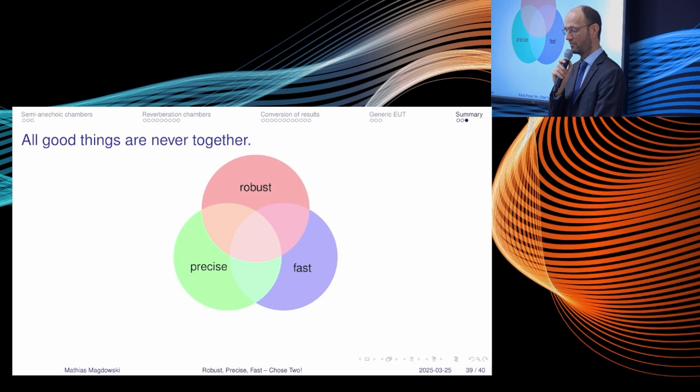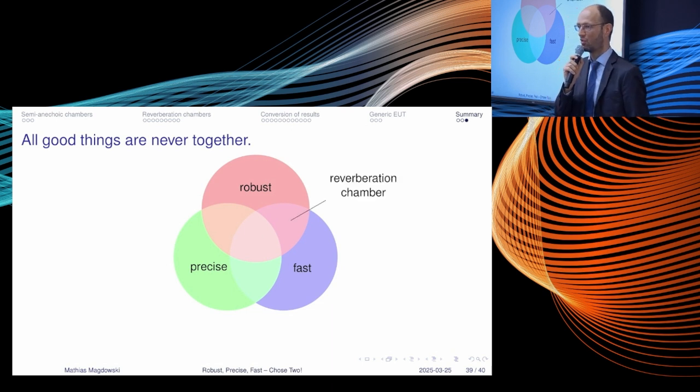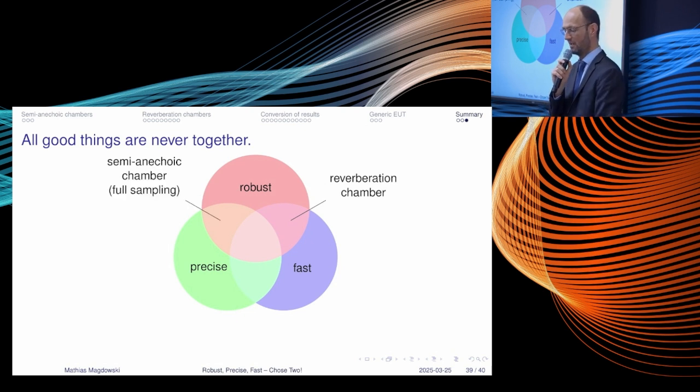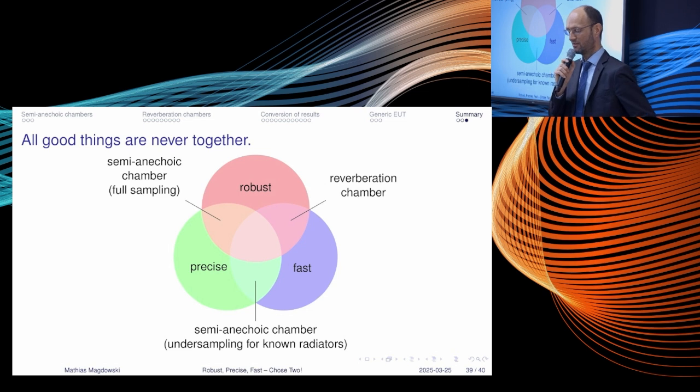In general, we would like to have robust, fast, and precise tests. So the reverb chamber is robust and fast, but it's not precise in terms of repeatability, right? You always have these field statistics. The semi-anechoic chamber with full sampling would give us a robust and very precise result, but it would take a very, very long time. So it's not fast. And the semi-anechoic chamber with undersampling is precise in terms of repeatability and fast, but it's